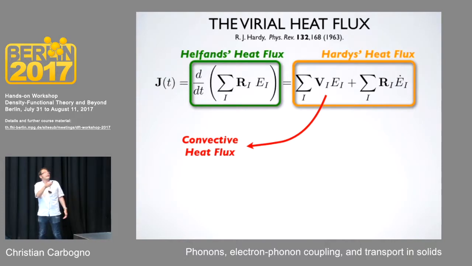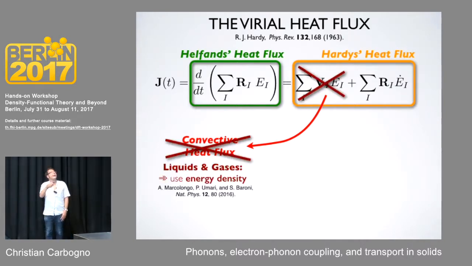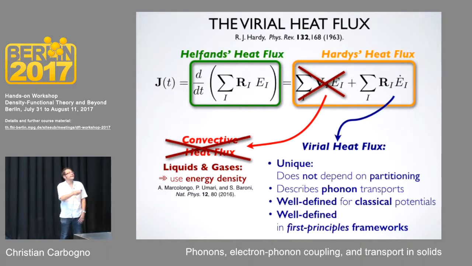But in a bulk, no atom travels on average. If you don't have diffusion, everything stays where it is on thermodynamic average. And then you can neglect this contribution. And what you're left with is essentially the derivative of the energy times its position. And the interesting thing, this derivative of the energy is unique. I'll spare you the actual derivation, but what you can actually show is that this derivative over time translates into a derivative over position, and with that you get forces.